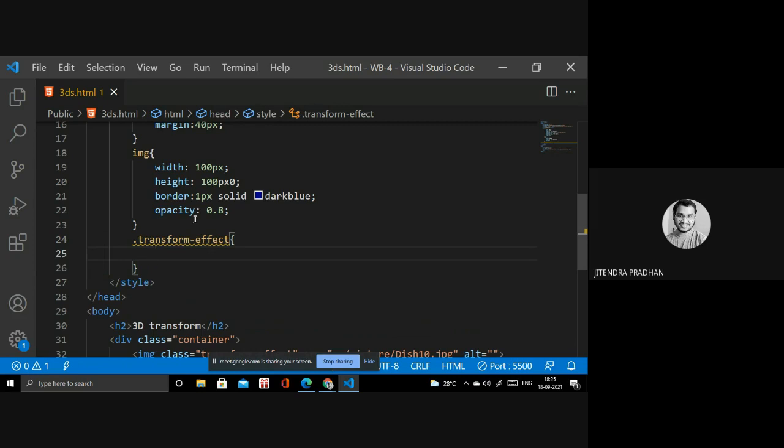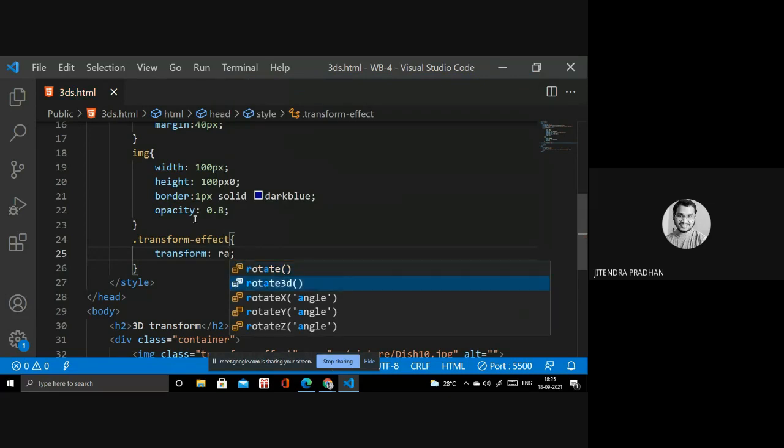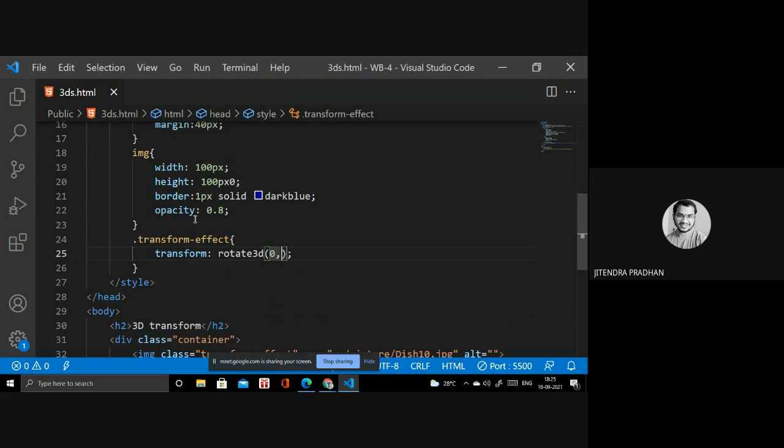It's like a 3D animation. 3D, you have to write. So we need to rotate. So it's rotate 3D. Okay, rotate 3D. I need only one axis, like x axis or y axis or z axis, only moving. Okay, so that's why I need to use 0, 0, 0 degree. Okay, I think we've done all these things.